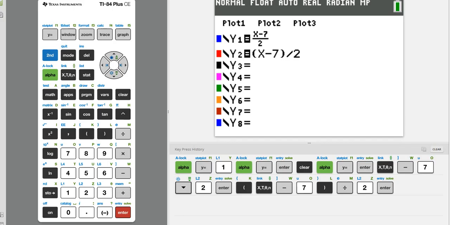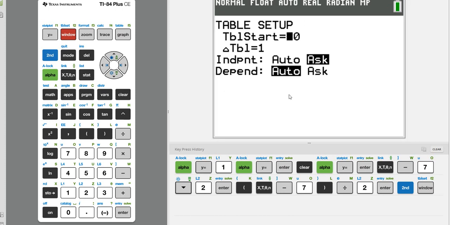One of the settings that I've mentioned before is for your table setup. So try the table setup, make sure that things are set the way they should be. Second window, you want your independent set to ask and your dependent set to auto. Doesn't matter what table start and delta table are, just make sure that the other two are set the way that I have them there. When you have those set, then let's actually go to the table,